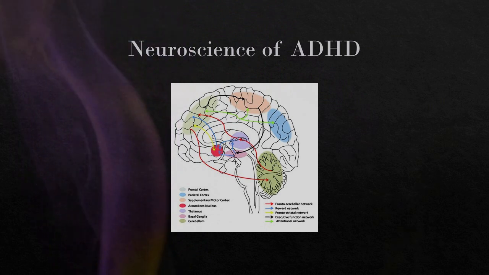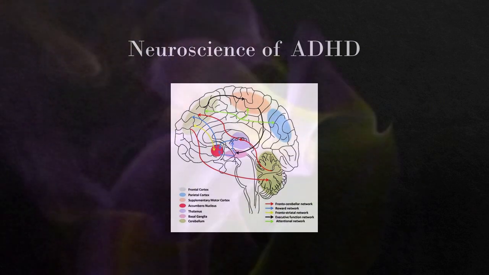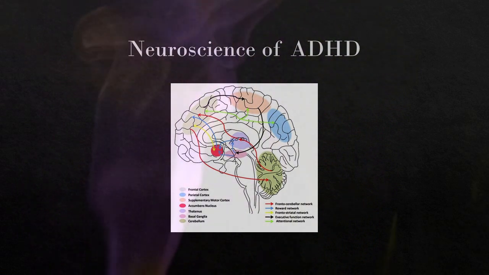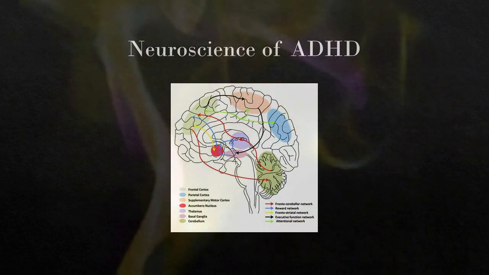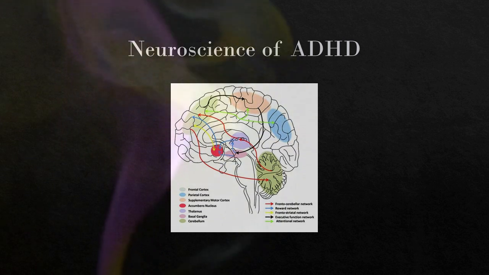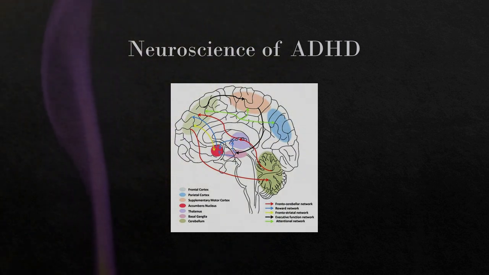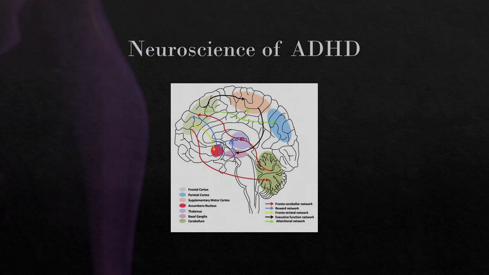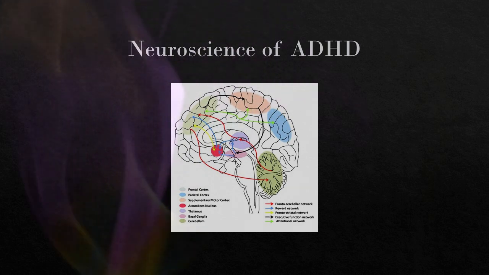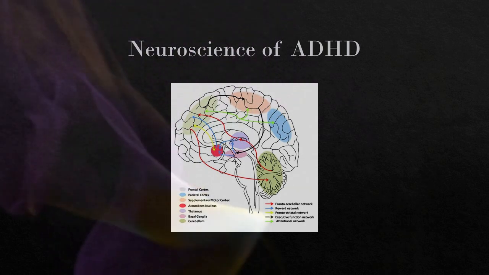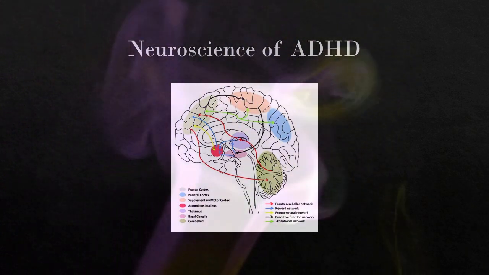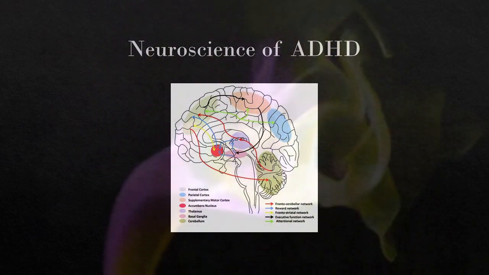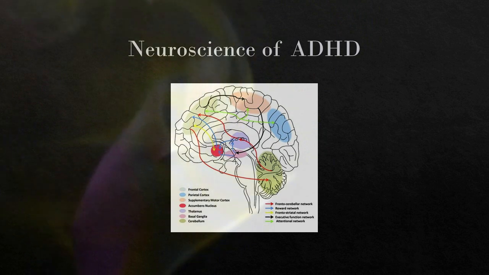And so, one of the first things you need to be mindful of is that there can often be structural and functional differences in this area within a child with ADHD, and so this is going to contribute to the challenges in cognitive control observed in individuals with ADHD. And we need to be mindful of that. It isn't just that the child isn't working as hard as they can, it's that there are often legitimately some structural differences that need to be dealt with. And we need to be mindful of that as we work through this.